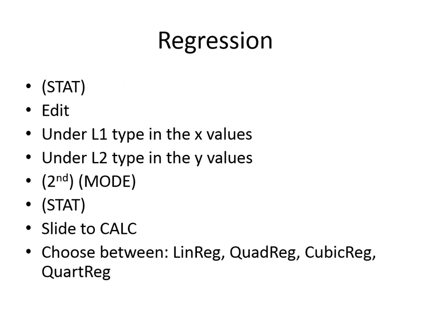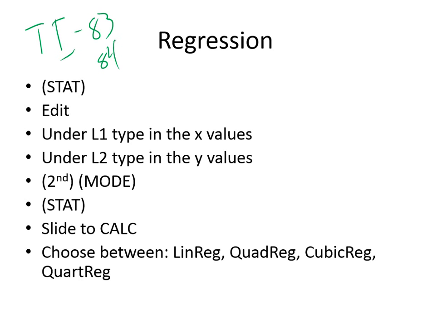Okay, now with your TI calculators, this is the step through for TI 83 or 84, mostly. So what we're going to be looking at is regressions. And what a regression does is that if you have a bunch of numbers, a bunch of points, a data set, you can create a function that follows along those points. And to do that, once you have all your coordinates, you're going to go stat, go to edit,